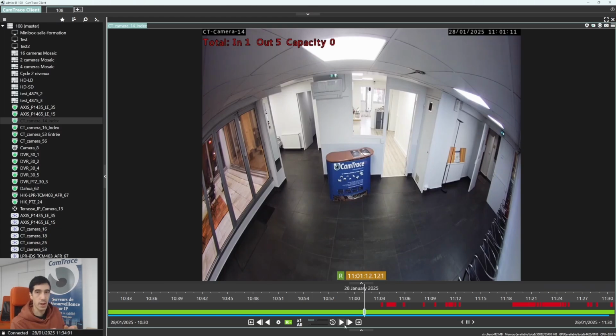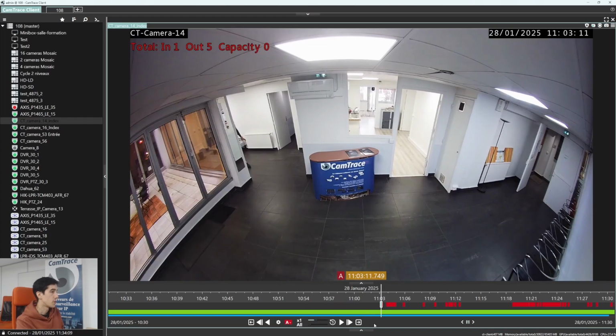And now I'm going to switch to alarm recording track. So now you can see that the video stream is in high quality. I'm going to play this track, and please pay attention to the timeline cursor, because you will see it will jump from one event to another event.